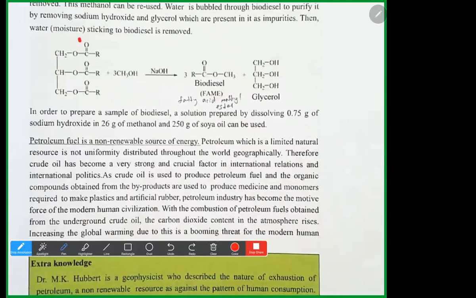See, the main reaction we are breaking here is this carboxylic acid part reacting with this methanol to make this ester. In order to prepare a sample of biodiesel, a solution prepared by, okay, when you are going with unit